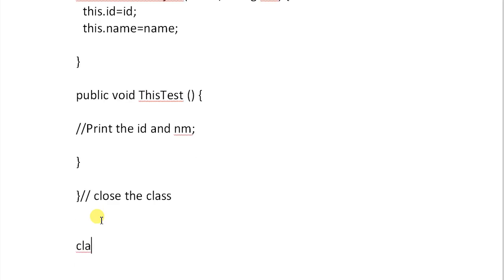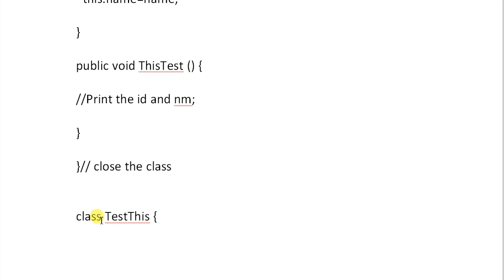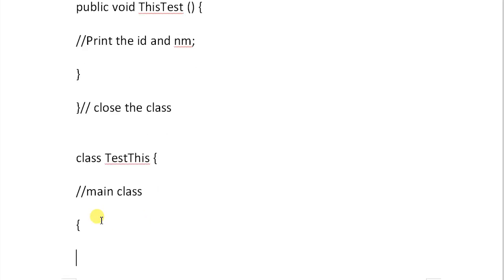Now let us create a class test this, and this is what the main class, where the main method must be written, and we have to call the method which has been defined in the other class.